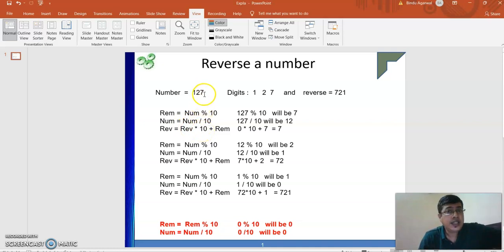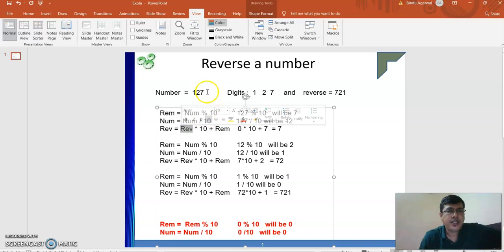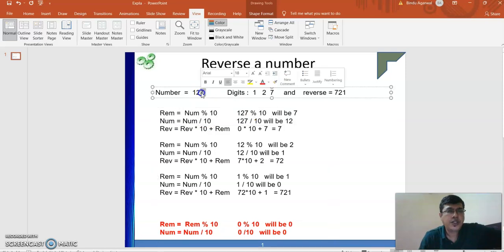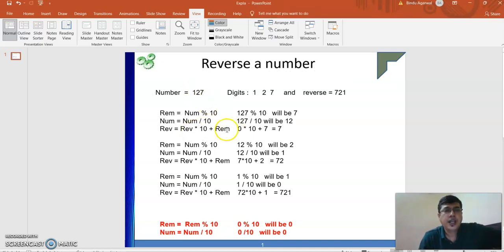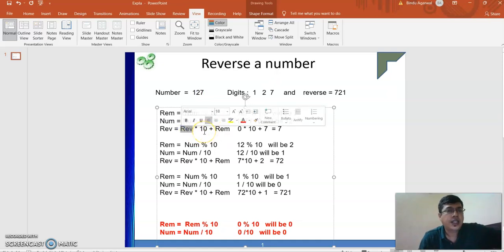Initially, as I was telling you, there is nothing, so it is 0. If this itself could have been 10 or 100, I'm just giving an example, then it could have been 1 and then 1 into 10. But it is not like that, because initially it is a single digit, the unit place, so we put it as 0. 0 multiplied by 10 is nothing but 0, plus the remainder, we get 7.